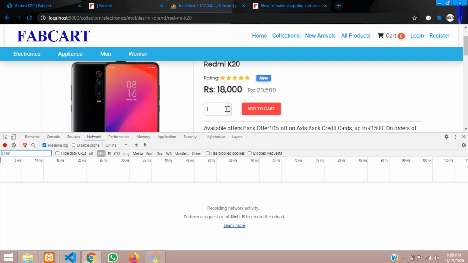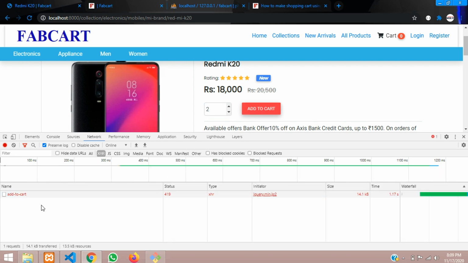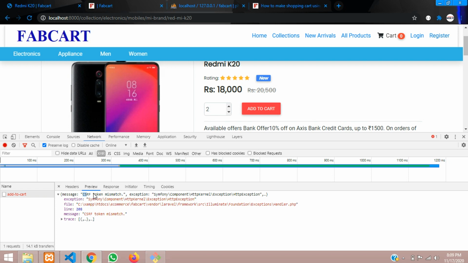So now I will take the quantity as 2, and when I click, some action will be provided, some functionality will be working on it. So let's click and see what happens now. I have clicked on it, so the add to cart URL is called, and it's telling 419 status error, status unknown. So let's click on it and check. So CSRF token mismatch it is telling.